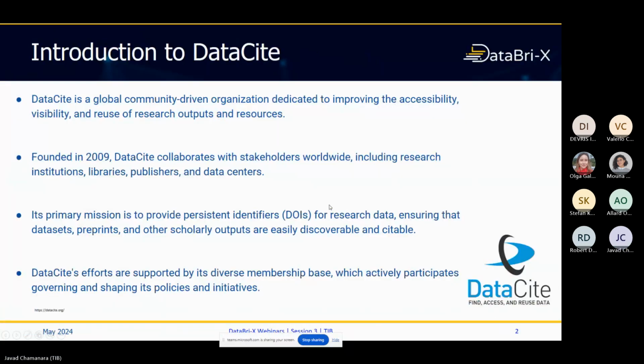DataCite basically is an organization and a tool, or let's say an ecosystem of tools. As an organization, DataCite is a global community-driven organization that wants to improve visibility and accessibility of data. Like, for example, you have DOIs for papers and so on. They want to do it for research outcomes like data sets and also research inputs like the source of data that you need for your research. In some cases, it can also be used for applying DOIs on the processes so that you can maintain whatever you do for your